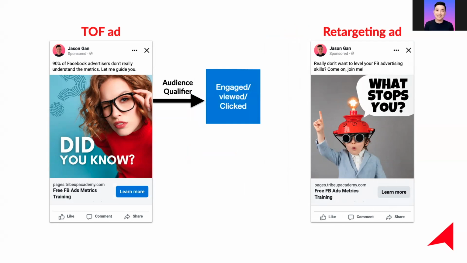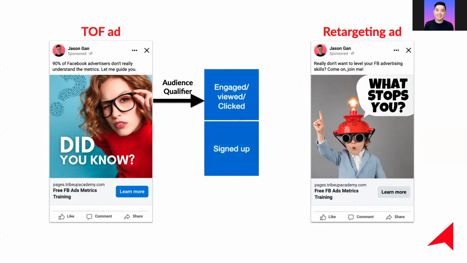And when they click, when they engage, when they sign up and whatever, we would not show them the top of funnel ad anymore. You can choose not to show them for 30 days, 90 days. But to be frank, it really depends on what you sell. Usually it's okay to come back to these people 30 or 60 days later. But some of my clients want to exclude for 180 days, which is possible. So it's really up to your campaign design, the strategy design, and whatever factors or considerations that you have.